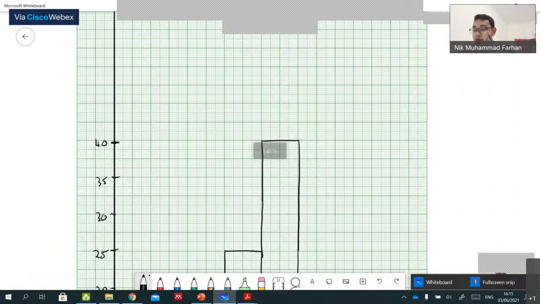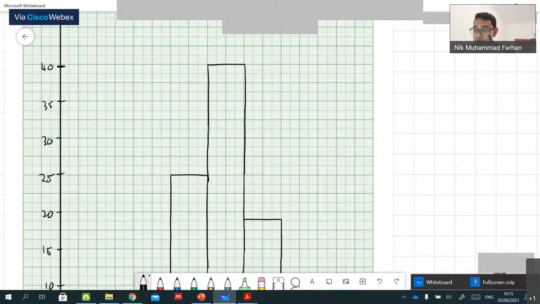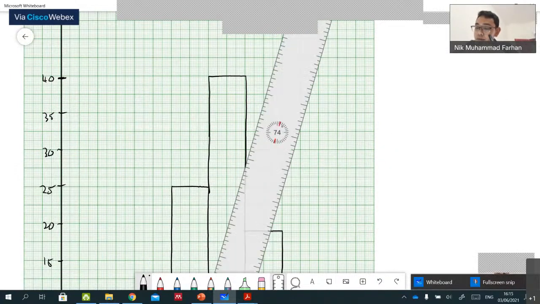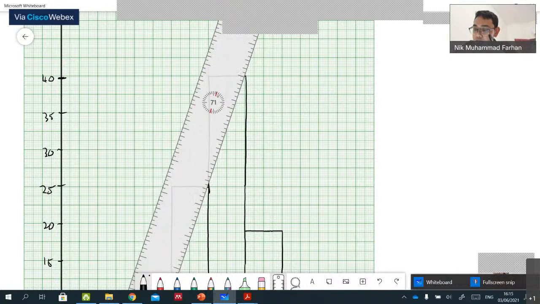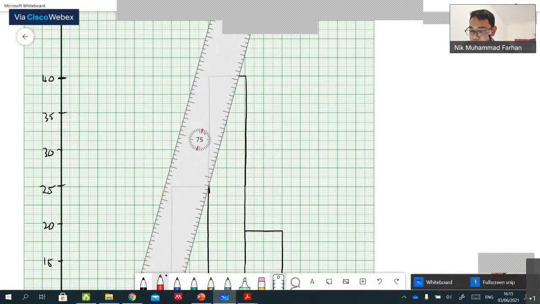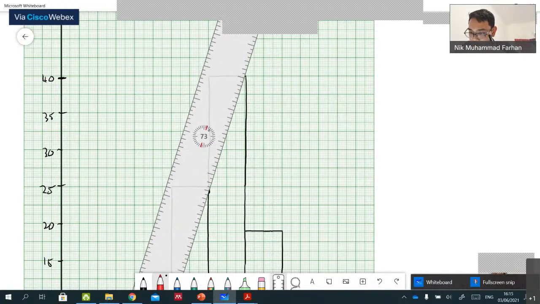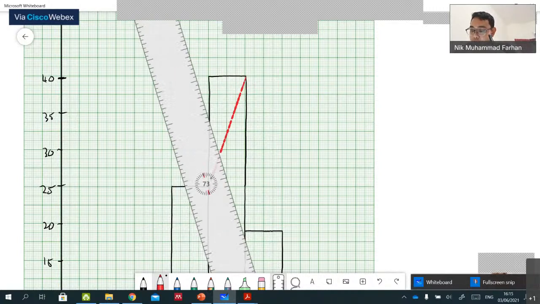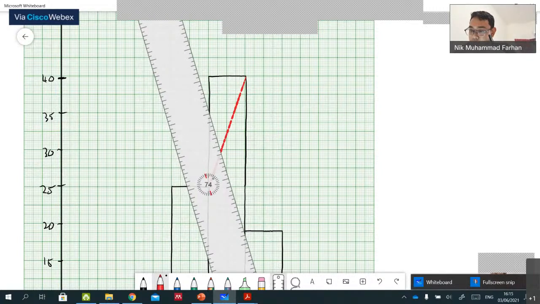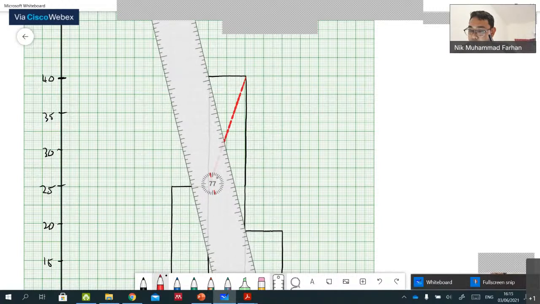So what should be done next is to connect the, apa nama, dekat you punya paling banyak ni, mode ni, adalah dekat situ kan. So you have to connect. Okay, kena sambungkan titik ni. Sambungkan dia. Sambung putus-putus. Something like this. Sebab tu you sambung yang ini pula. Alright, so this is the intersection will be the mode lah.